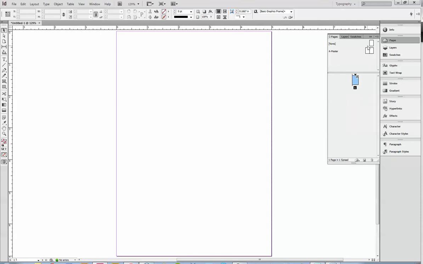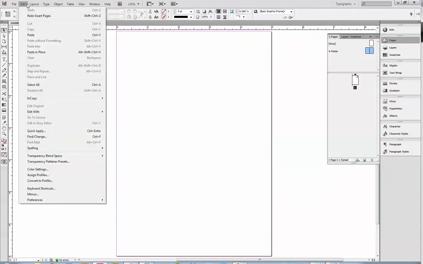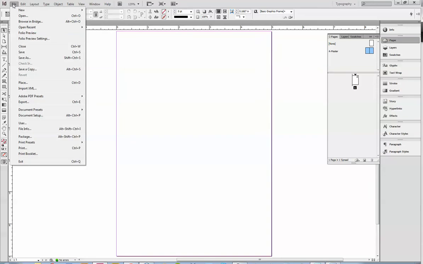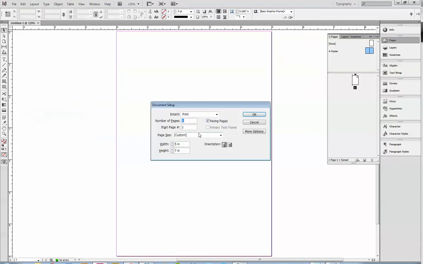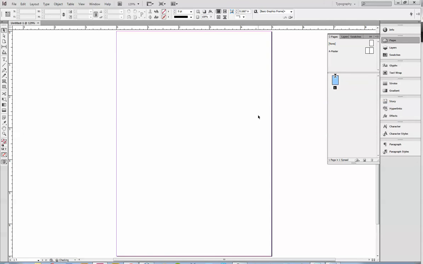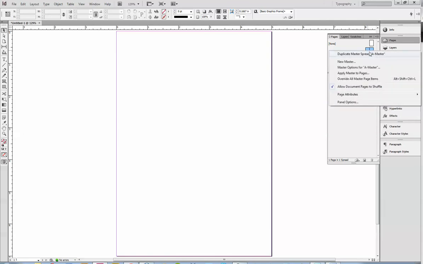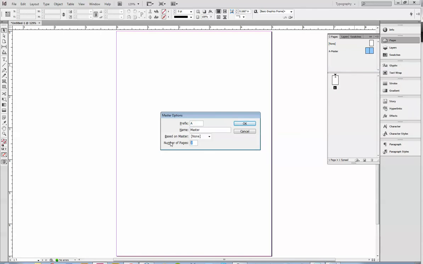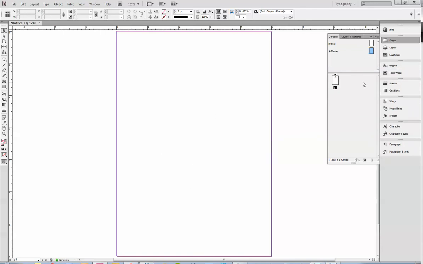So let's go in and go to Edit, Document Setup, and let's turn off facing pages. I hit OK. So now I've got to change this. Master options, number of pages, 1. So now, if